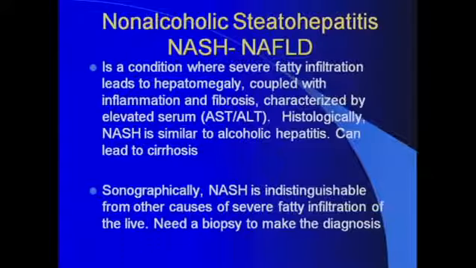There's also associated increased abnormal liver enzymes, AST, ALT, in these patients. And histologically, NASH, or non-alcoholic fatty liver disease,